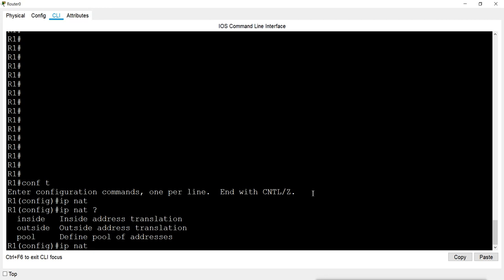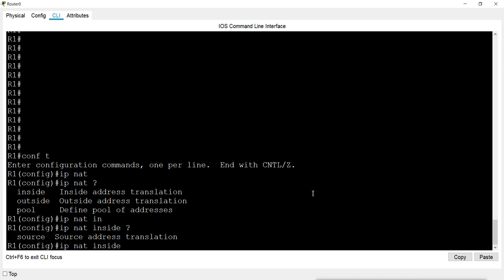Now inside address translation means we are translating the address which is going from in to out. So basically we always do the configuration for inside, in to out. That means from the inside network, the internal network, to the outside, external network. So I will use inside.